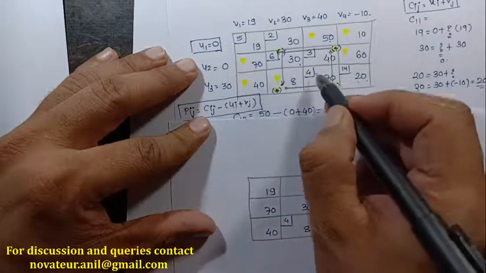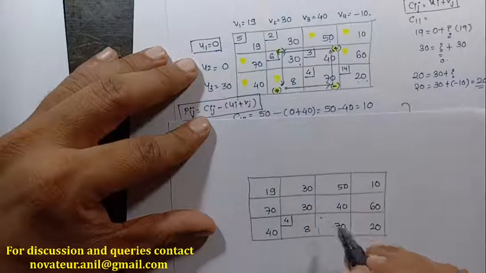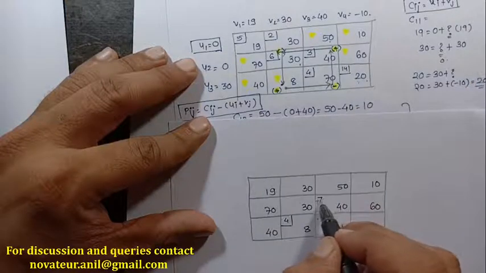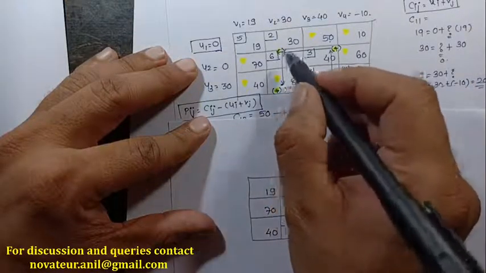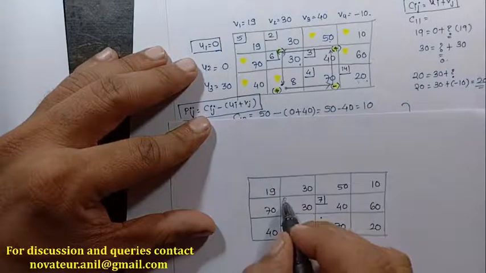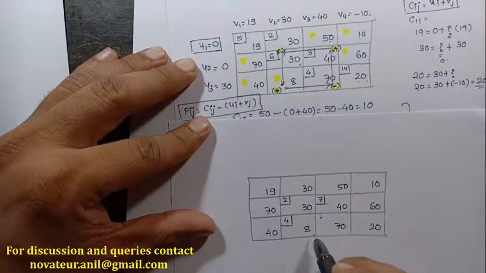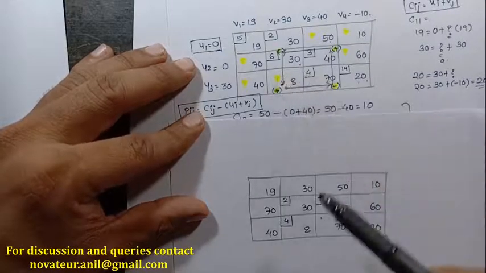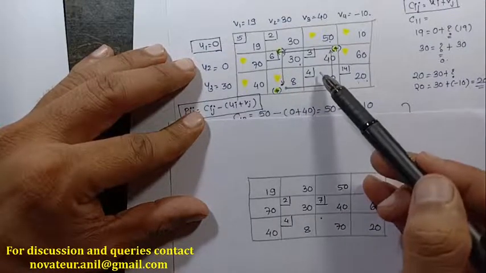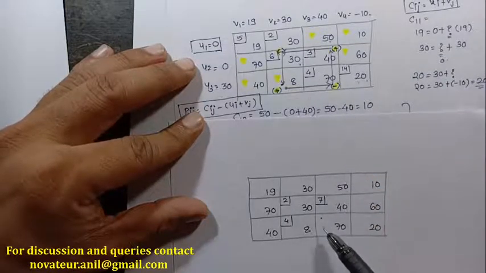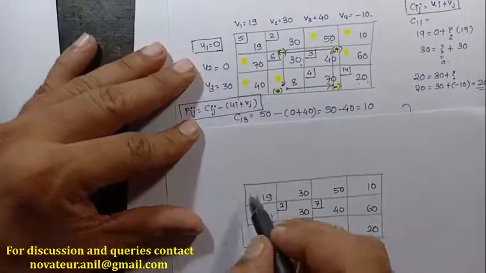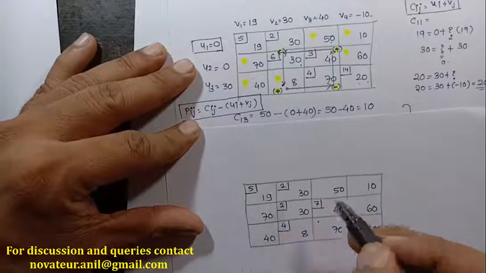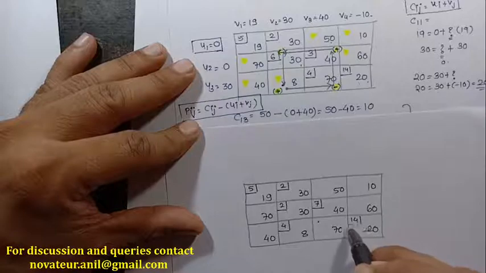0 plus 4 is 4. Now 4 minus 4 becomes 0, so I will not write down anything. Again it is a plus sign, so I am going to add: 3 plus 4 is equal to 7. Here it is a negative sign, so I am going to subtract 4, so it becomes 2. So these are my new cells. See the change. Now this was an unoccupied cell, here it becomes occupied. Here it was occupied, here it becomes unoccupied. So these changes occurred. The rest of the unoccupied cells I'll write down as they are. There will be no changes to those.